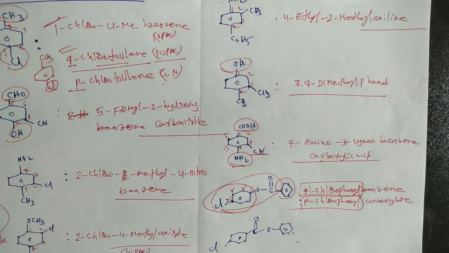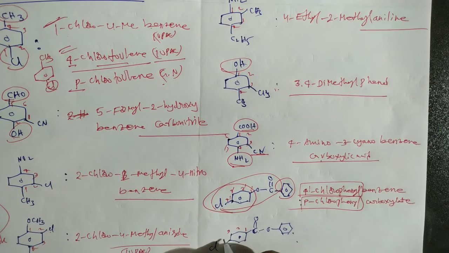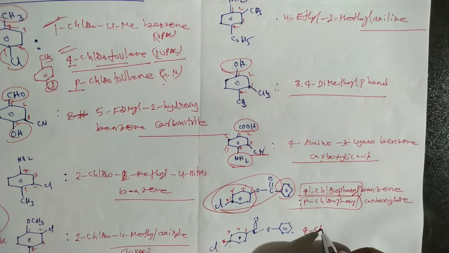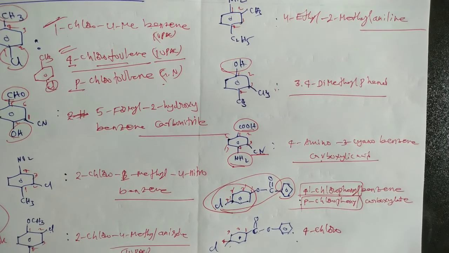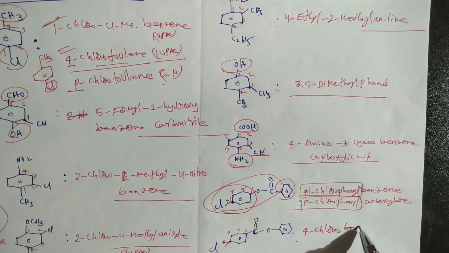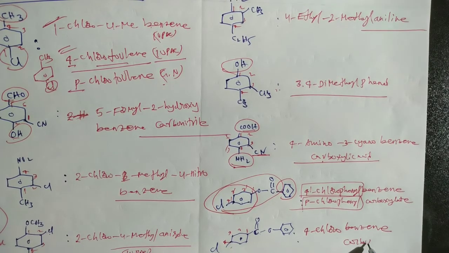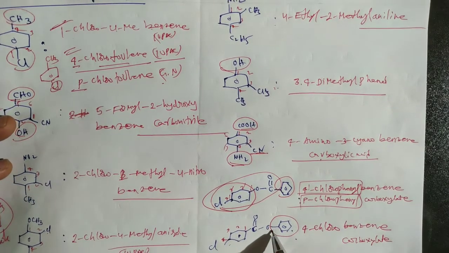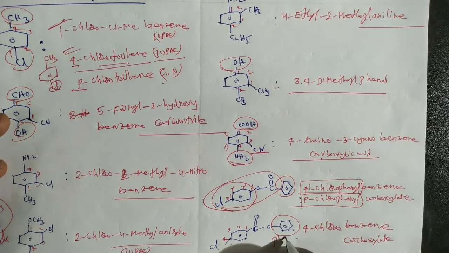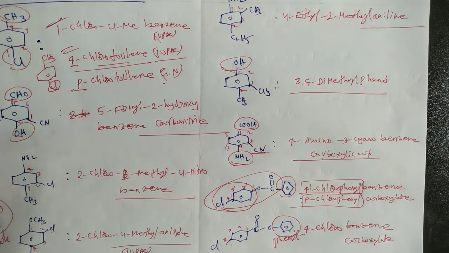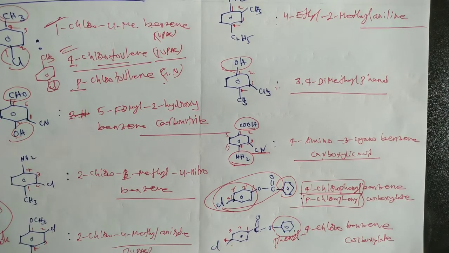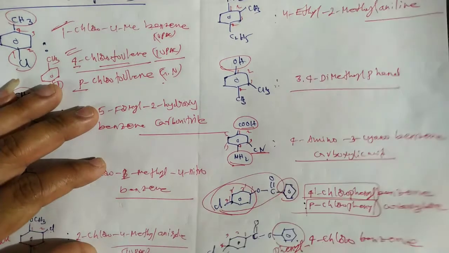Okay, that's it. Here in this case it is a benzene carboxylate, first, second, third and 4. So here 4-chloro, the substituent 4-chlorobenzene carboxylate. Okay, this is benzene carboxylate. But in the case of the ester there is an alkyl group which is attached to the oxygen. So first we have to write this one, phenyl 4-chlorobenzene carboxylate. Okay, that's it.